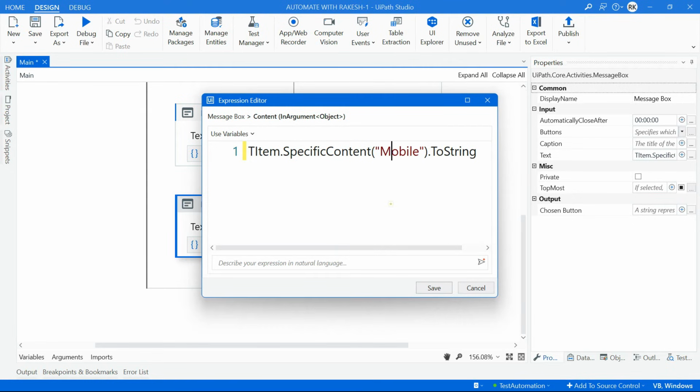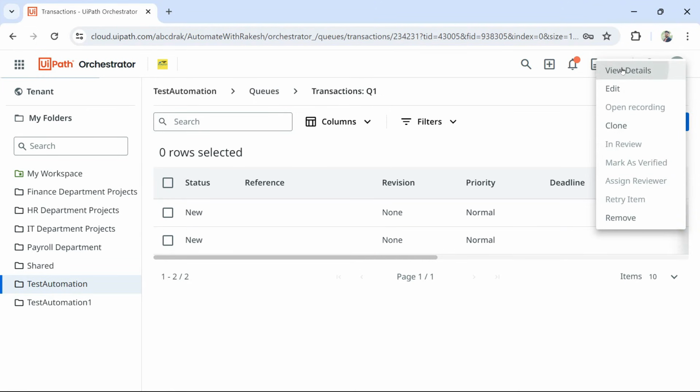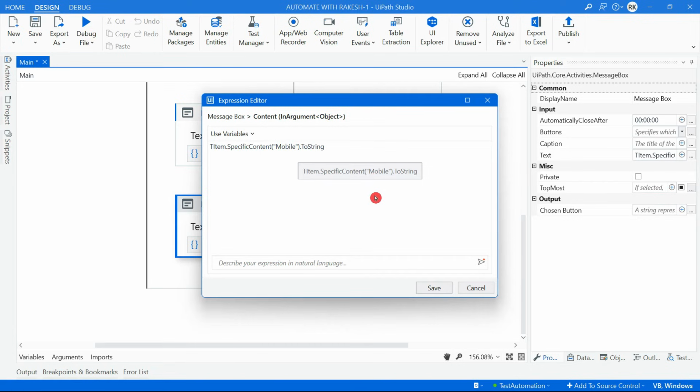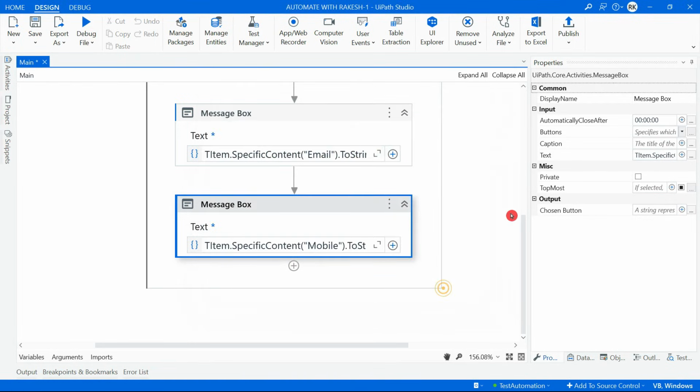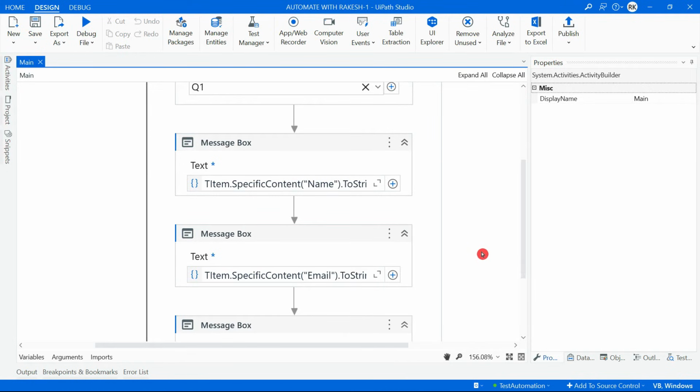Pretty simple. Simply you are taking the names that are present in the queue. View details and name, email, and mobile. Getting it? So you have taken the name and look at the format I have written within double quotes. I have written it and hit on save. Now, if I'm going to run this, save, and I'm going to run this. Now, when you run it, what would happen? It is going to pull all this data and show you